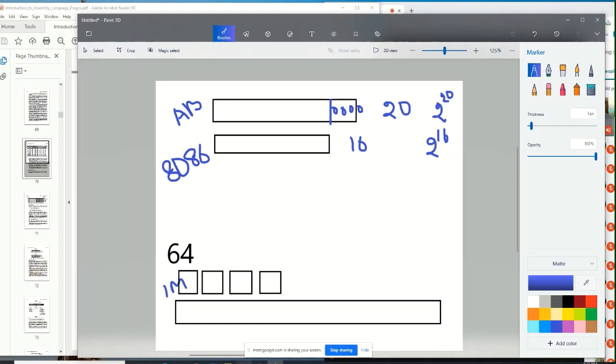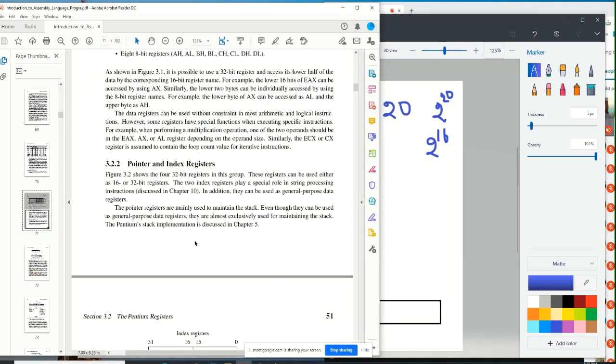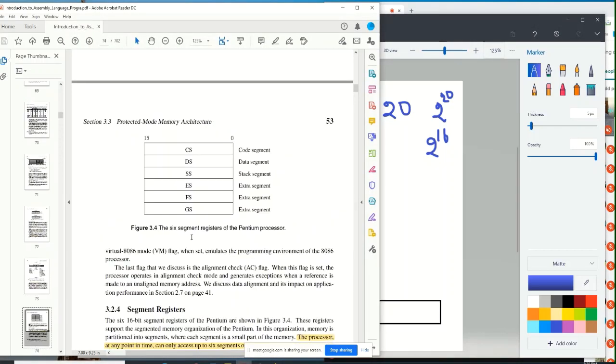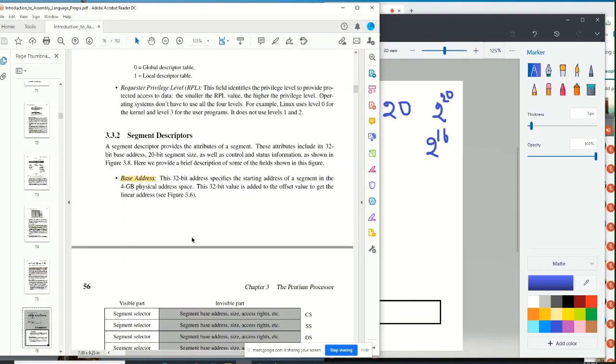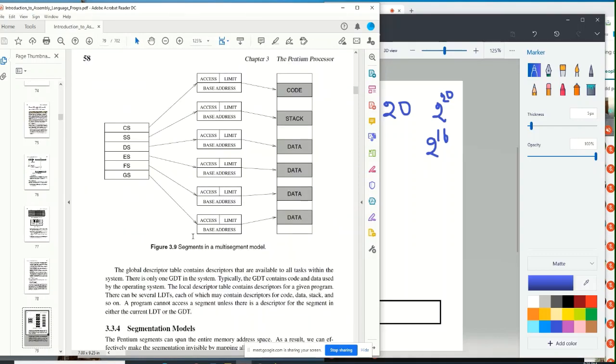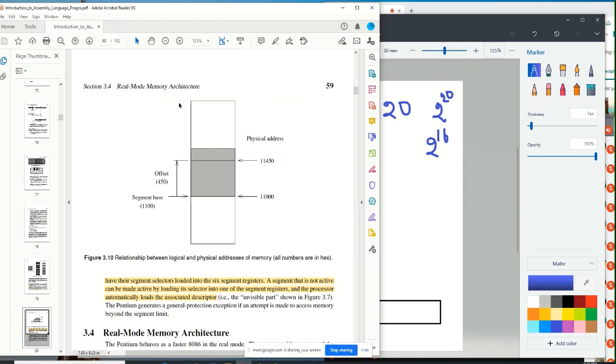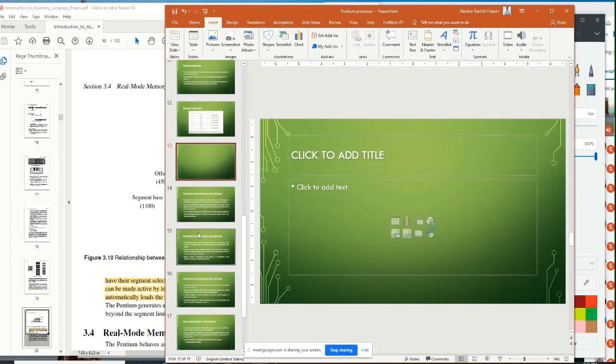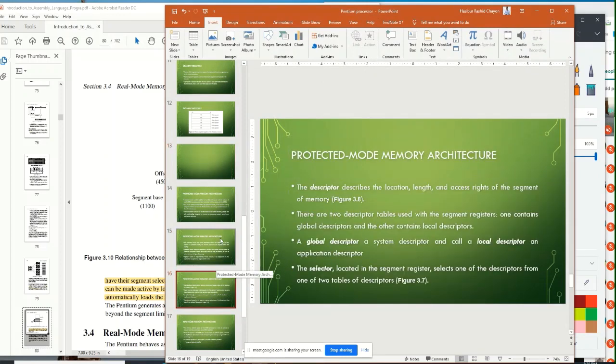Let me show you one thing. Let me finish this one, then you can actually ask. Let me show you one thing. I think you can understand if you can see this one. So this is the example. By the way, before that, one more thing you need to know,